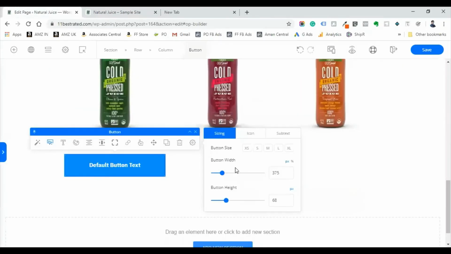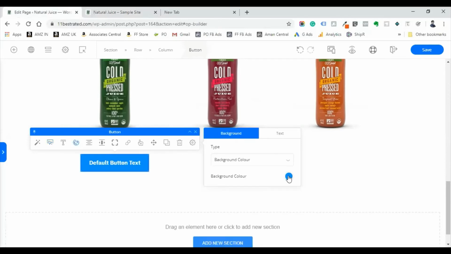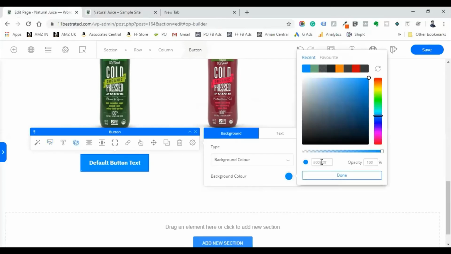Let's see. Yeah. Now here you can reduce the width of the button and however you want, the height, and to change the color you can go here and change the color of that button, paste it, click OK.